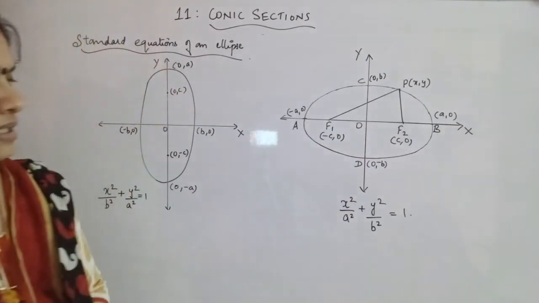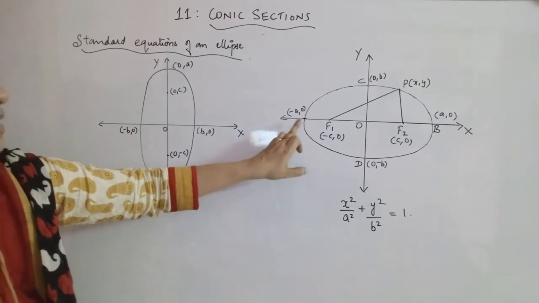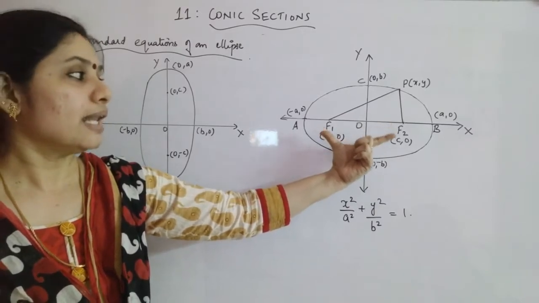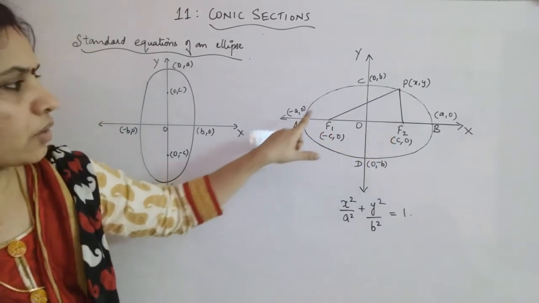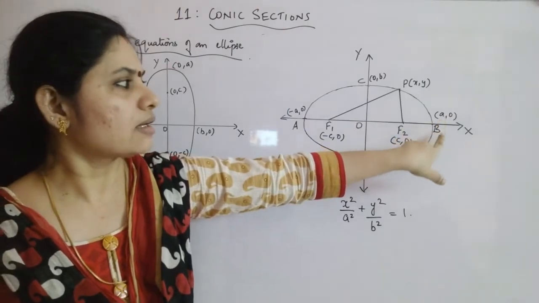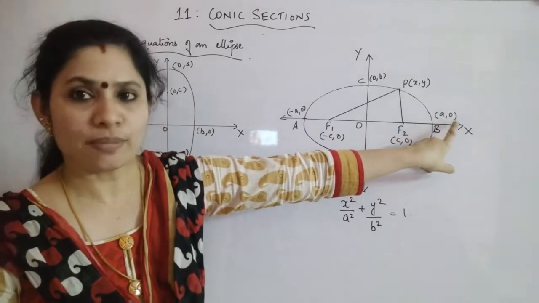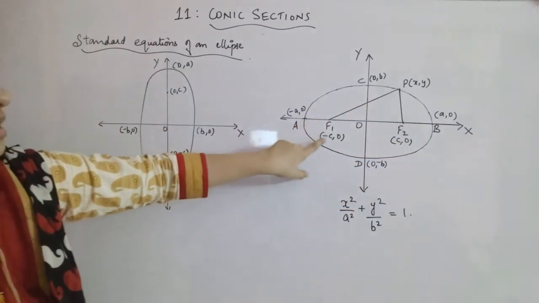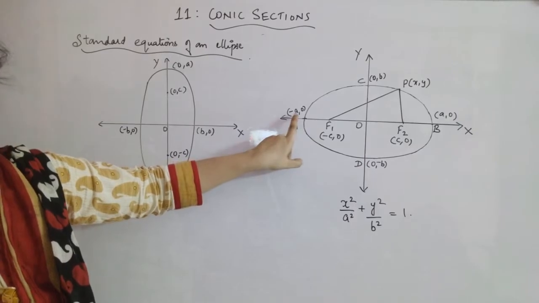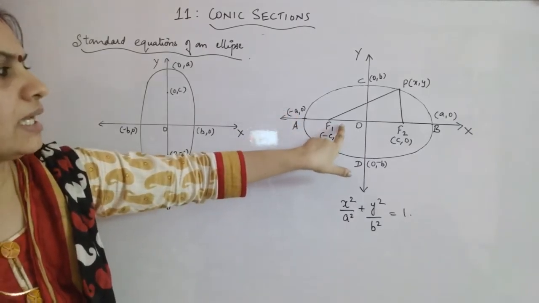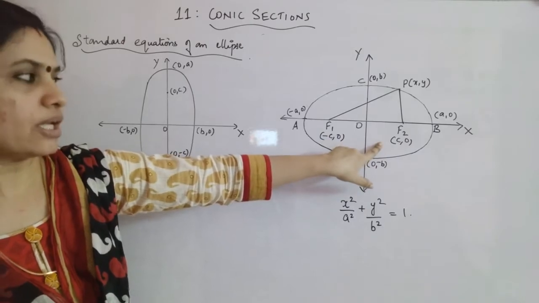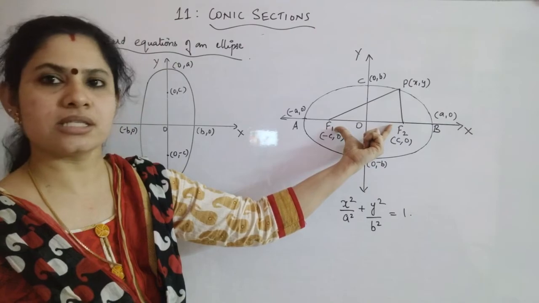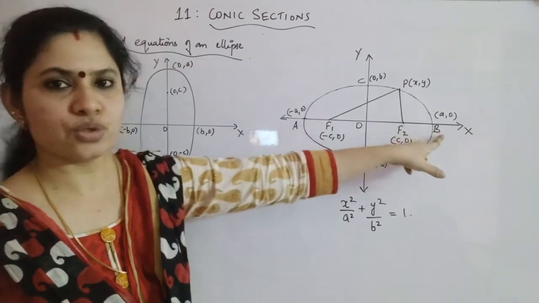So you actually have 2 orientations of the ellipse. First one is this. Here you can see that the major axis has the foci, and we know that the major axis length is 2a, so the coordinates of these vertices A and B are a comma 0, on the x axis, and minus a comma 0. So the major axis is on the x axis, so the coordinates are something comma 0. Likewise, the foci will have coordinates c comma 0 and minus c comma 0, because this length is 2c. Here you have 2a, the total length.